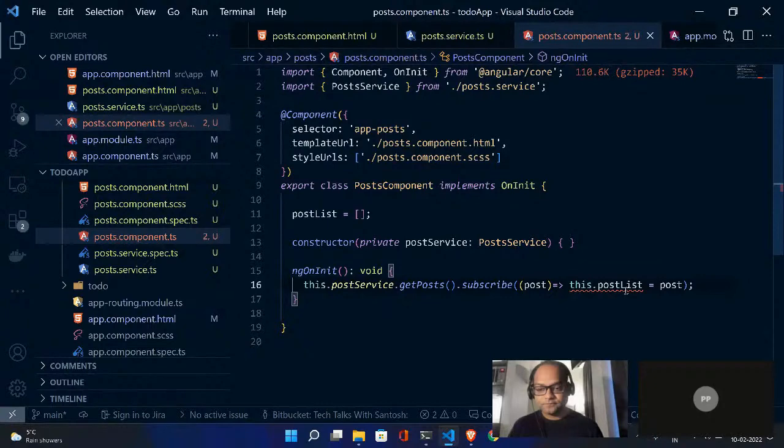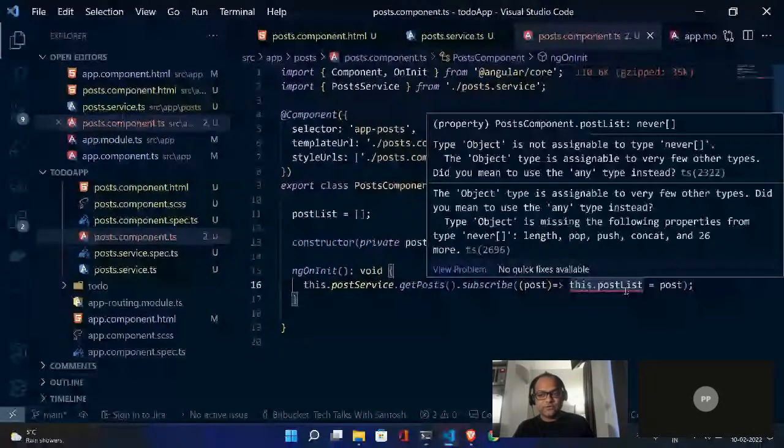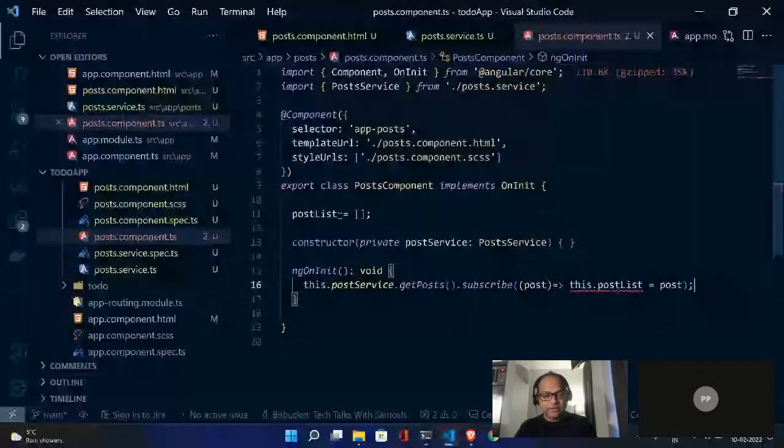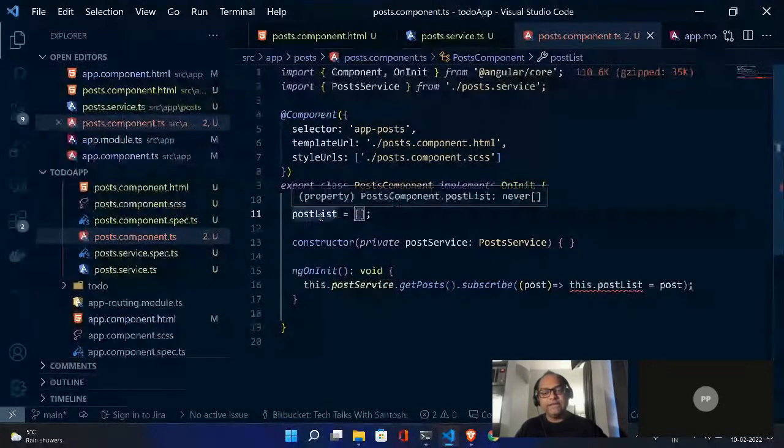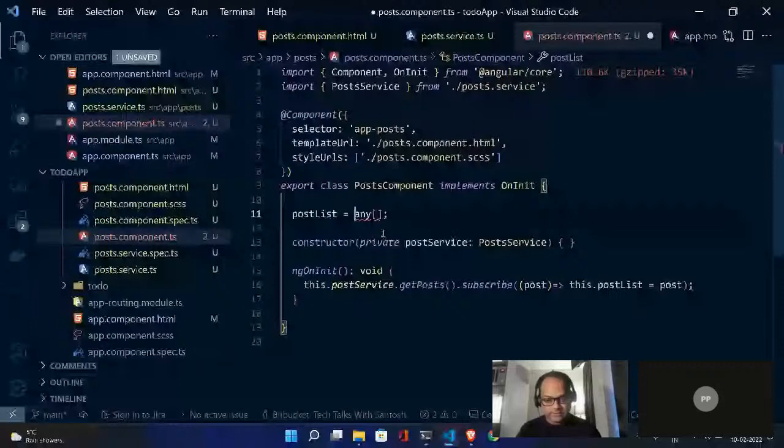But now it says that this object is not assignable to type never somehow. You can see I'm defining it as a new empty array, but somehow it says it's a type of never. You can make it work by using type any.